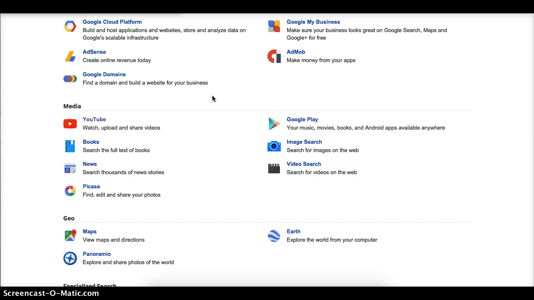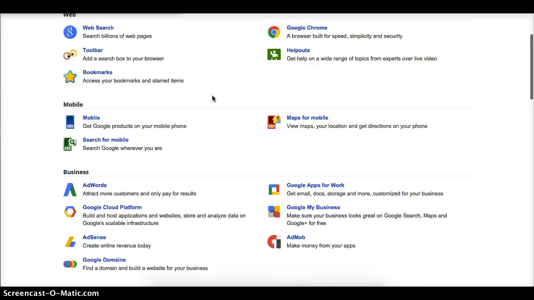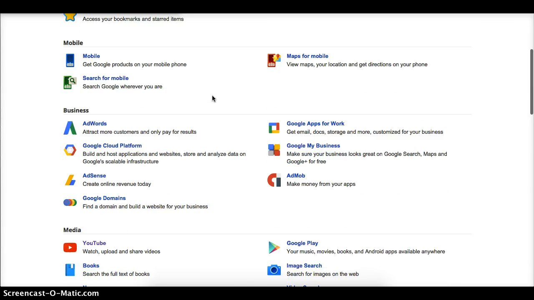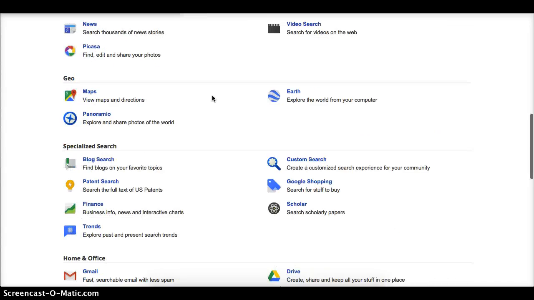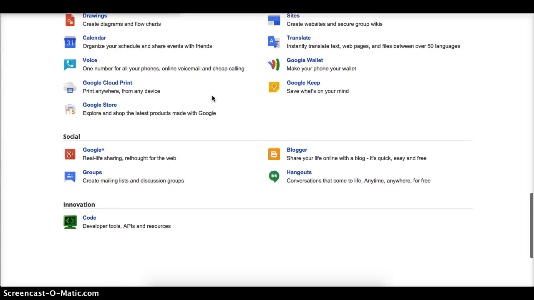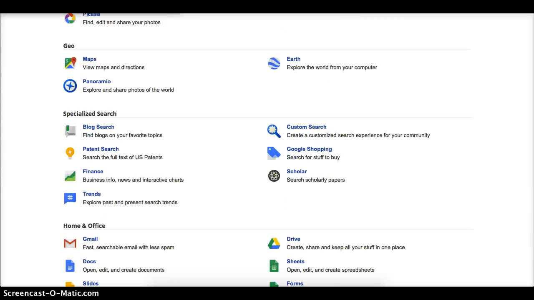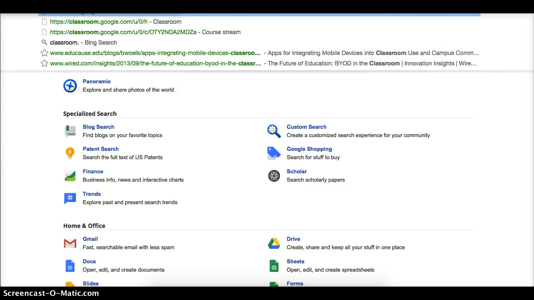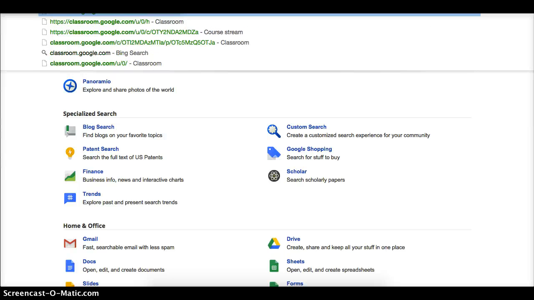I think today I'm going to talk a little bit about doing Google Classroom. As you can see, Google actually has a lot of great products they use. We're going to use one that, if you have Apps for Education or Apps for Business, I believe you can use, which is classroom.google.com,